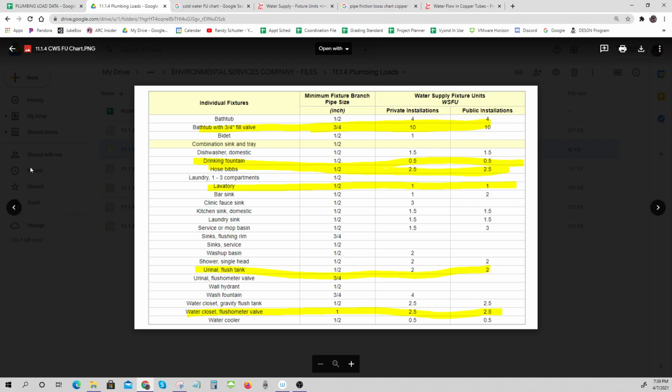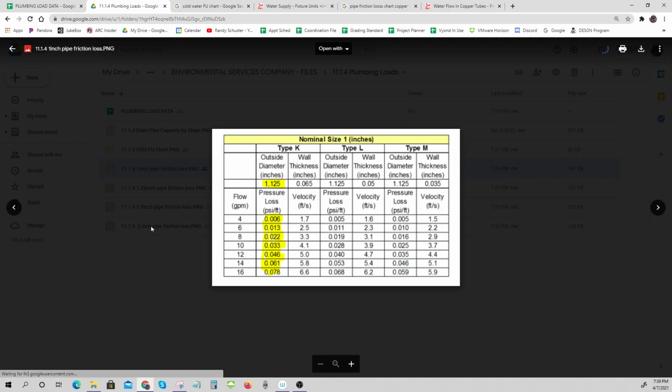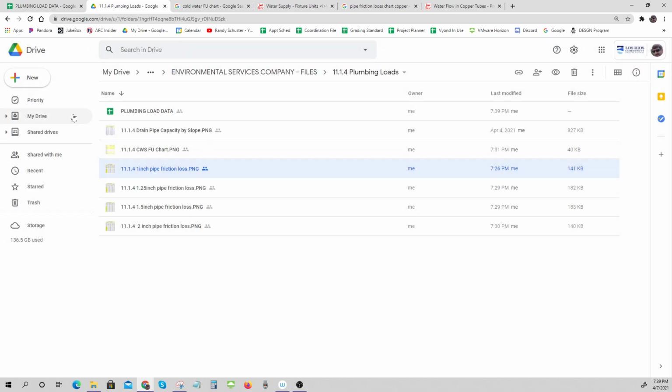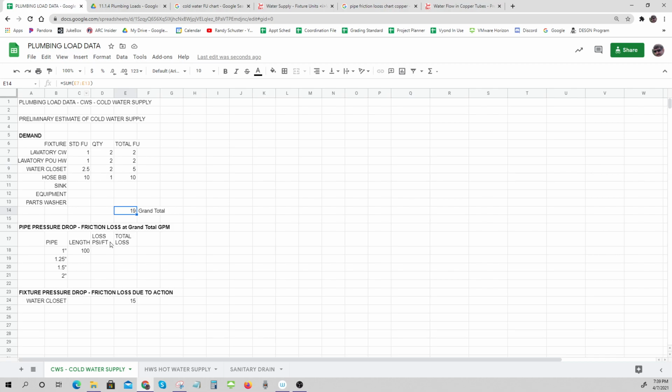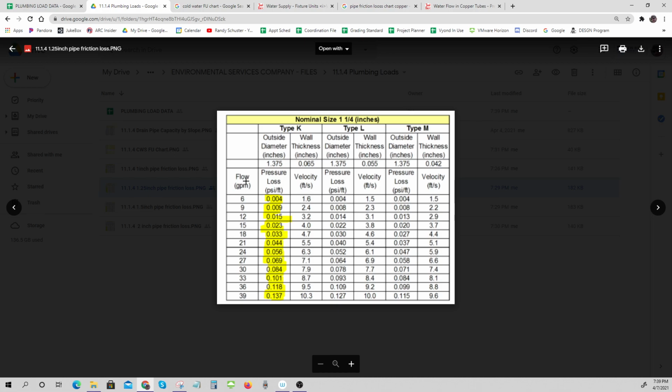Well, I've given that to you. Lo and behold, I've got 1-inch pipe friction loss. And you're going to see it only goes up to 16. So it's just totally not applicable. It's just no good. I'm just going to put some dashes there. It won't work. It just doesn't do it. So let's try 1.25 inches. That's good. So it's going to be between one of these,